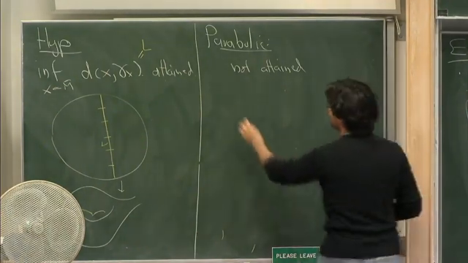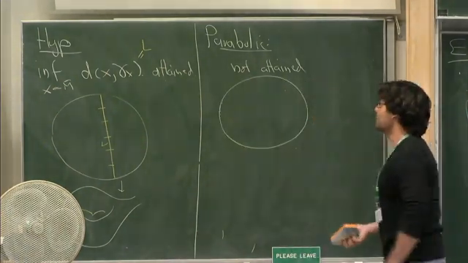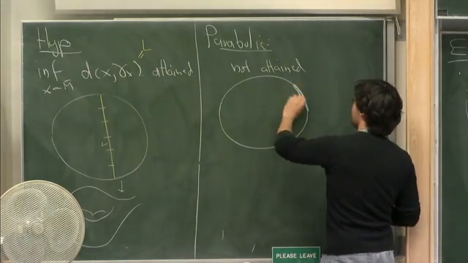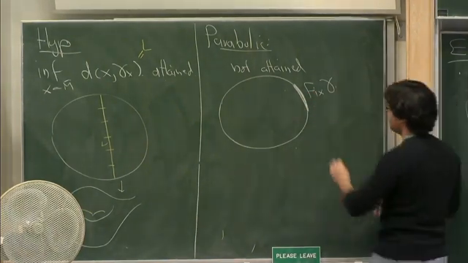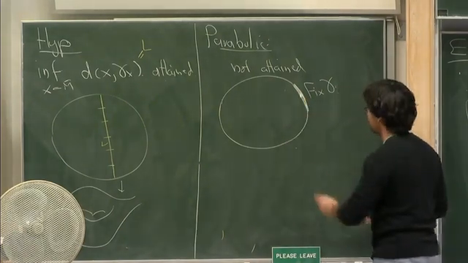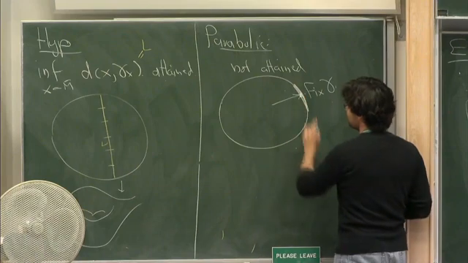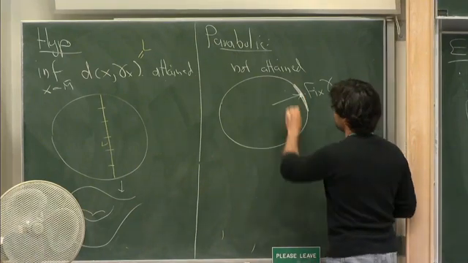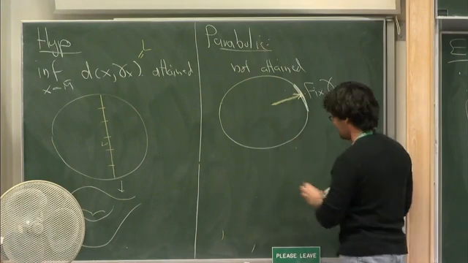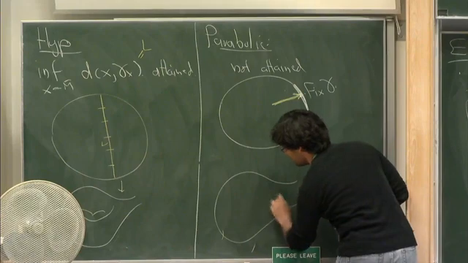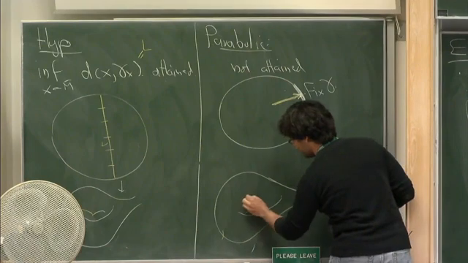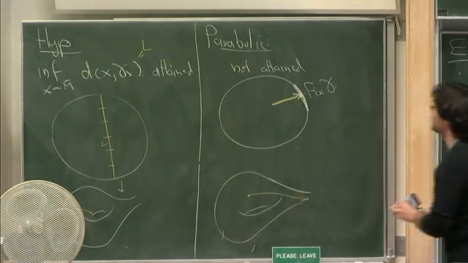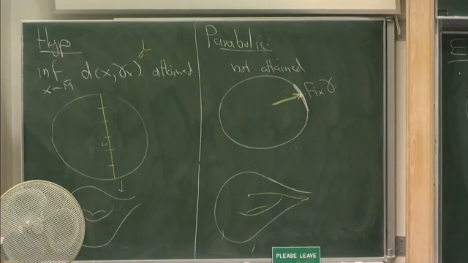And in this case, one can say the following. One looks at the fixed set on the boundary at infinity, the set of points on the boundary at infinity that are fixed by this element. And it turns out in this fixed set, you can find a point so that if you look at the geodesic ray going to that point, maybe I should draw it in yellow, then downstairs that ray diverges. So this projects to something that actually diverges. And one can say something even stronger, namely that,